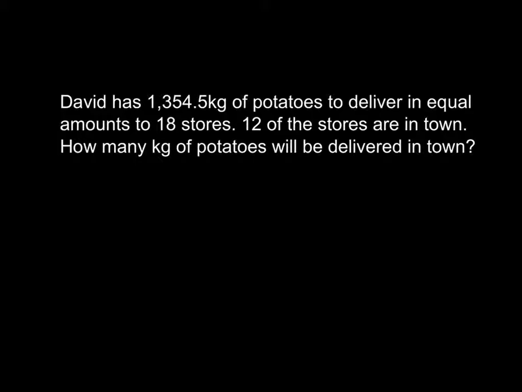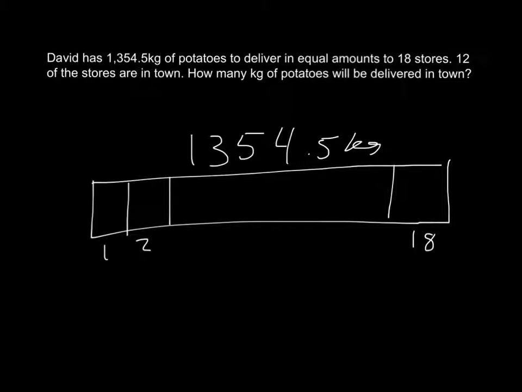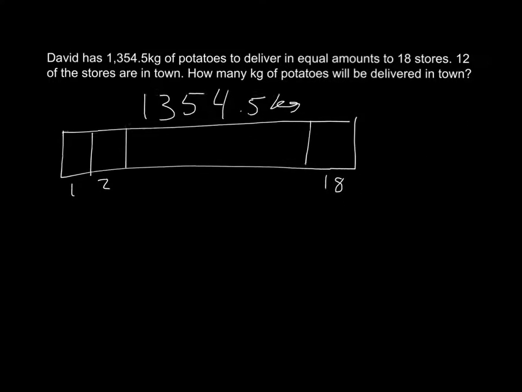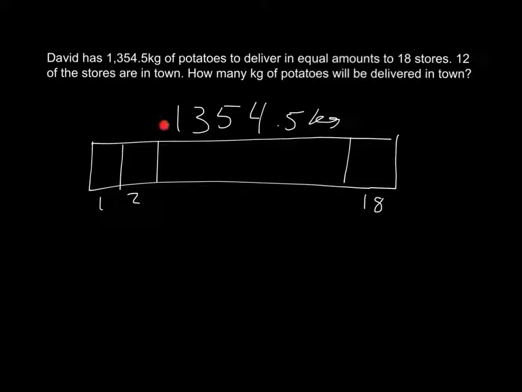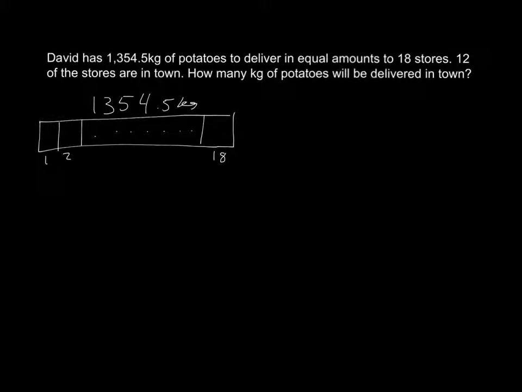Remember that there are different ways to solve this problem. I'm going to show you my way. You might solve it a little bit differently. When I start, I'm going to draw this graph. I know that I have this many kilograms of potatoes, and I'm going to deliver it to 18 stores. And I'm going to add dashes in here, because remember, these are other stores that I'm not drawing at the time. By looking at this, I know that I'm going to need to divide